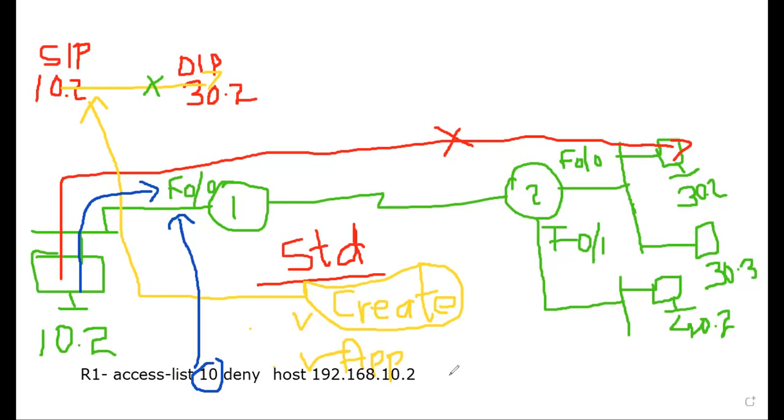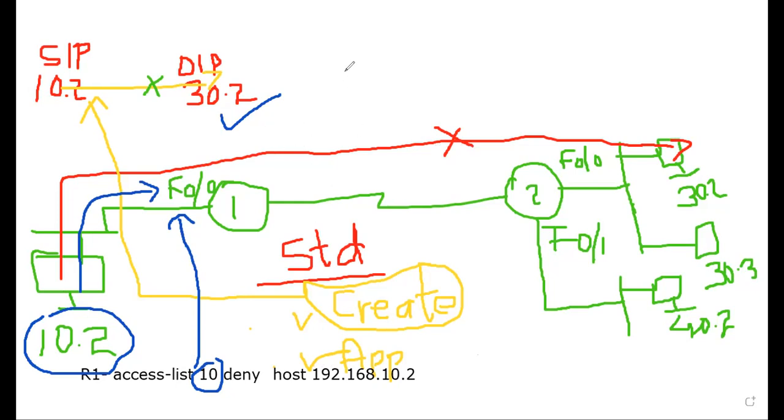It does not bother about where it has to go, because standard cannot filter anything about destination. It says check your source 10.2. Yes, my traffic is coming from 10.2, then deny. So when the traffic goes to 30.2 from F00, because of the access list, if your packet is coming from 10.2, deny. So my traffic will be denied. It will not go further.